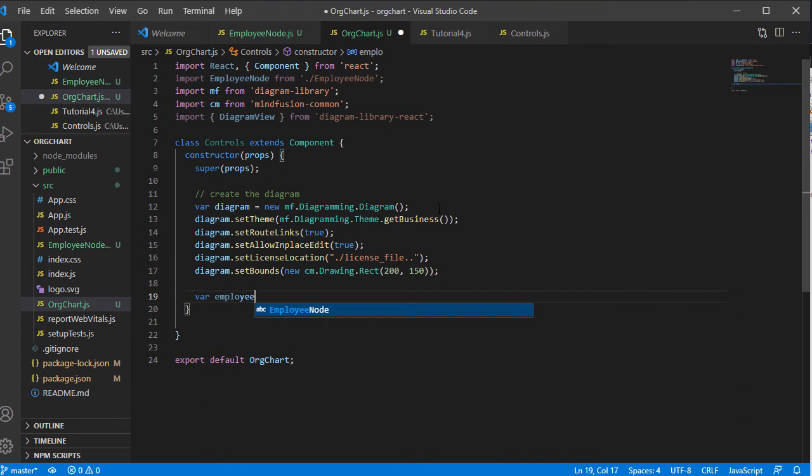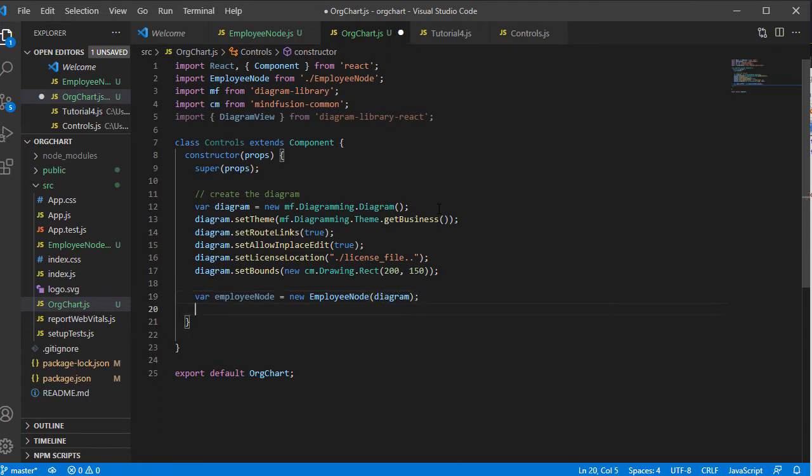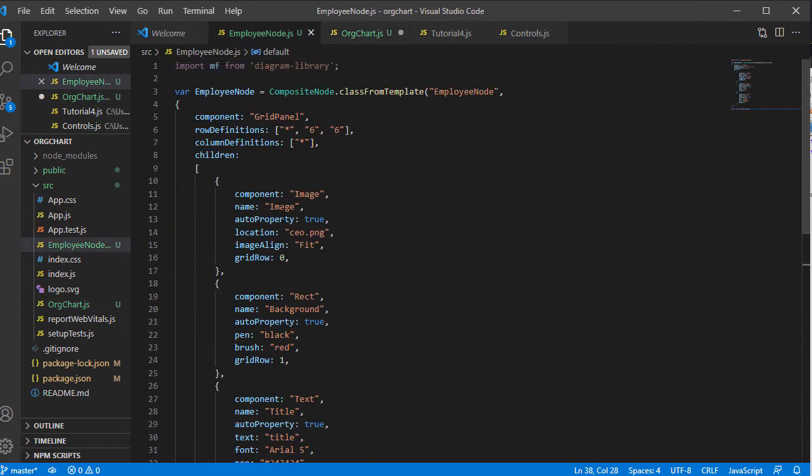Now let's create an employee node. The auto properties have set and get methods automatically generated for them. Our image has the name for image, but if we rename it to portrait, we can use setPortrait to change it.